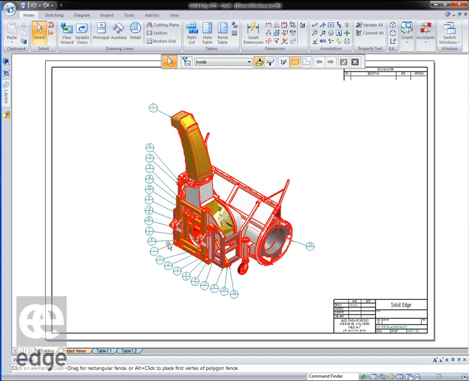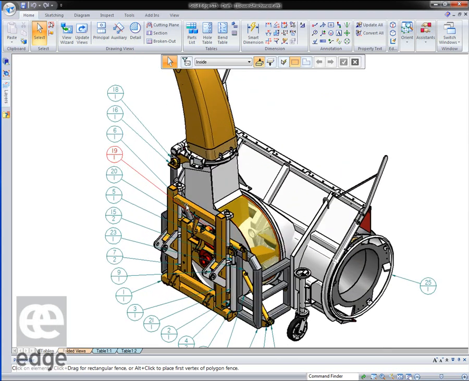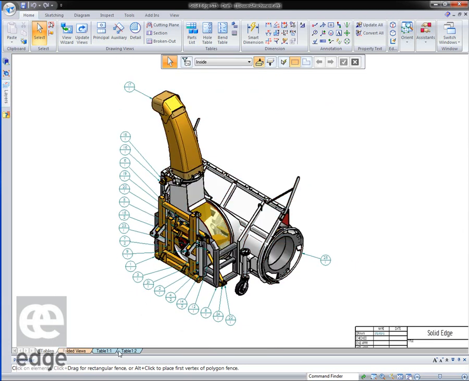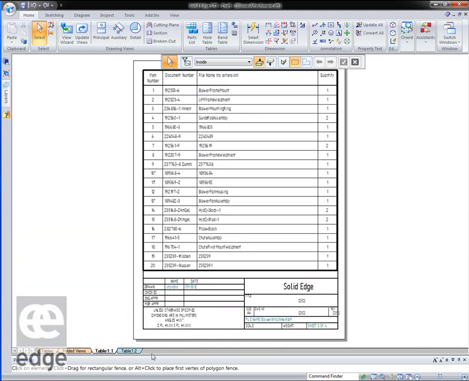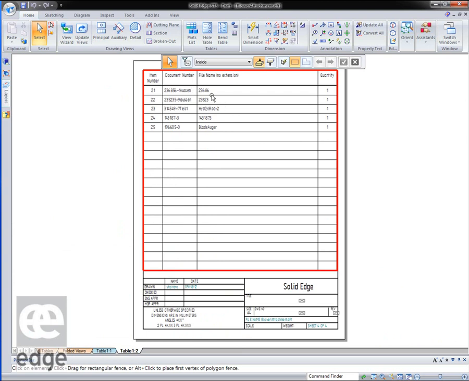What we see is the balloons get placed, which is normal, but you'll notice now that none of the leaders cross over, and they're a lot cleaner. The other thing that's happened is that we've created these tables. So we've got two tables because it's a top level assembly drawing, and the table ends here,